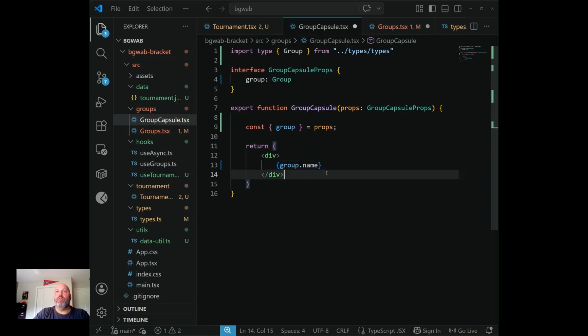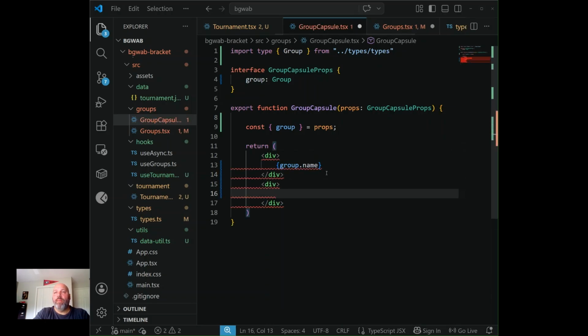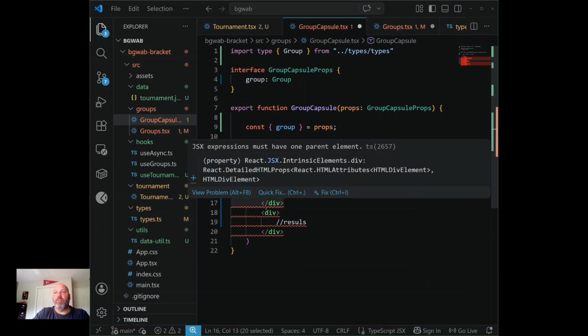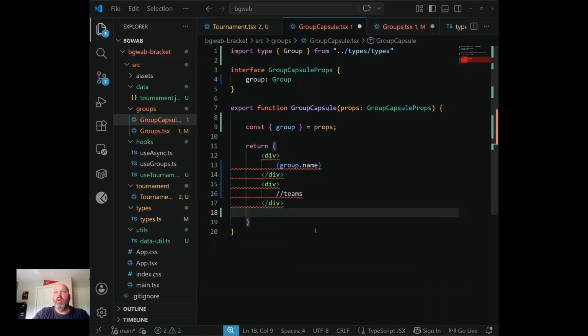But also what we're going to have in group, a group contains teams, and we're going to eventually have results from the matches, right? So we're going to have results here too, so we're going to want to include that. For right now, I'm just going to delete the results part. And this comment that didn't make any sense to write in there, I'm going to remove that. And I am going to